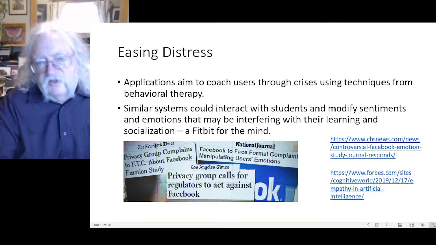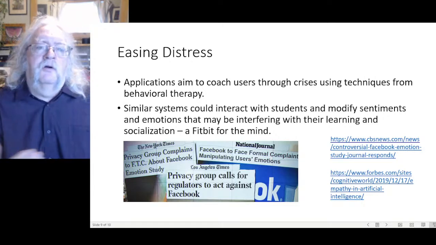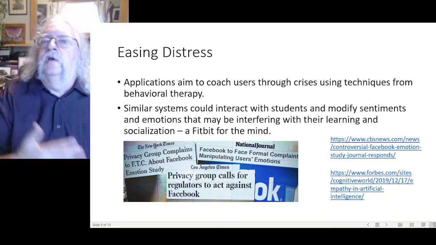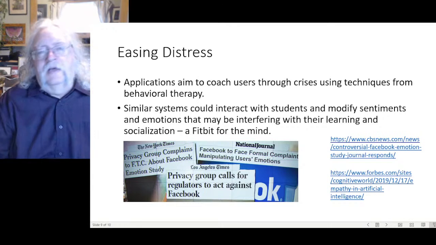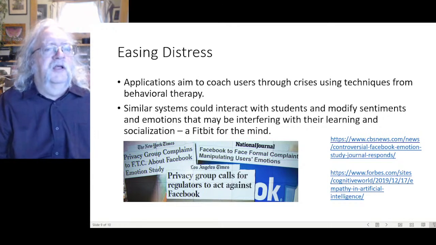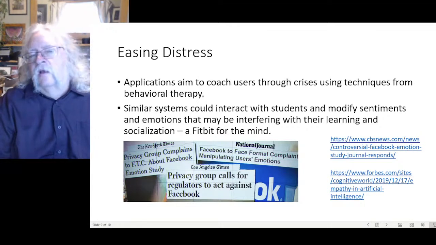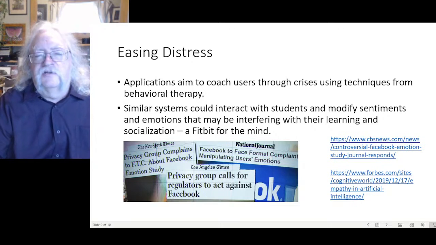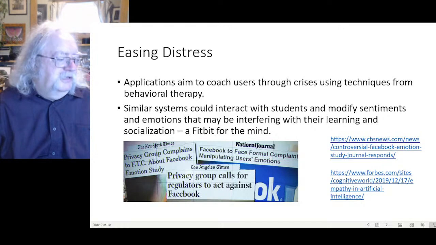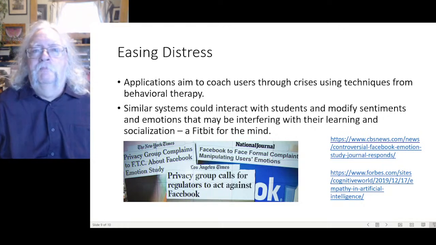Of course, the flip side of that is this sort of system can be used to increase distress, to agitate people, to foment conflict and disputes and the like. I've put easing distress as the title of this slide because that's the application I would like to focus on. I know, I'm biased. So that wraps up the list of